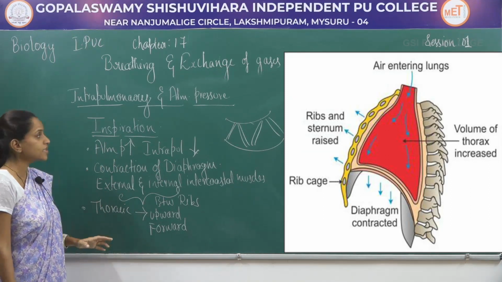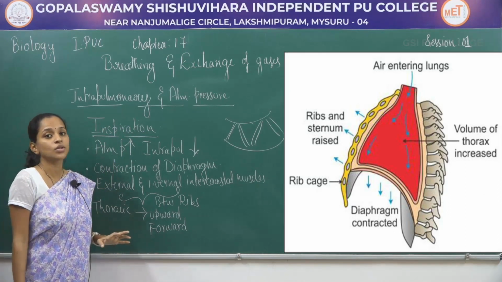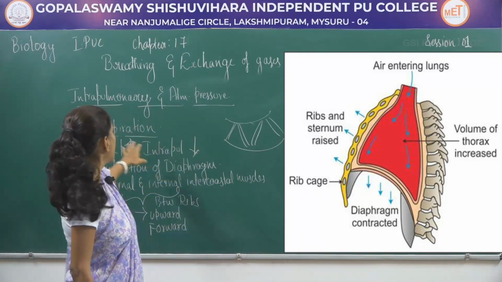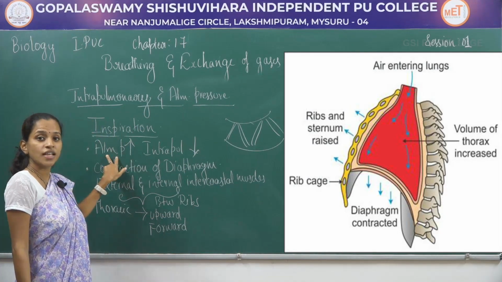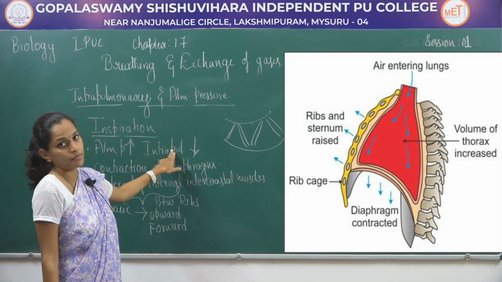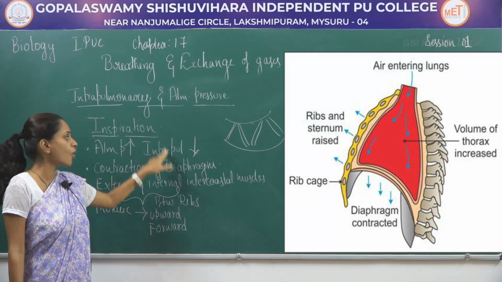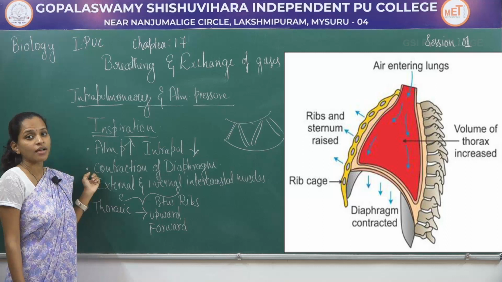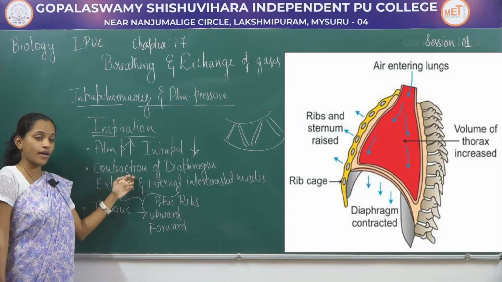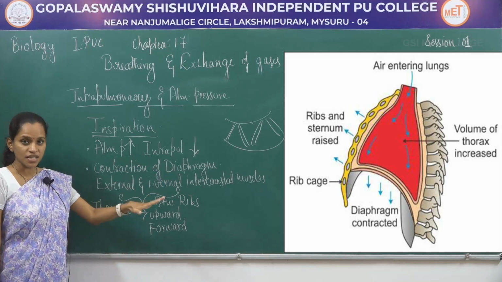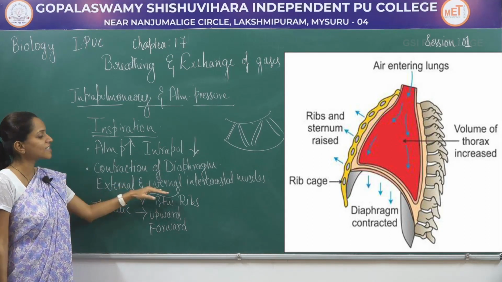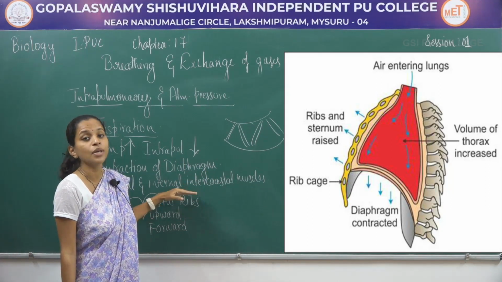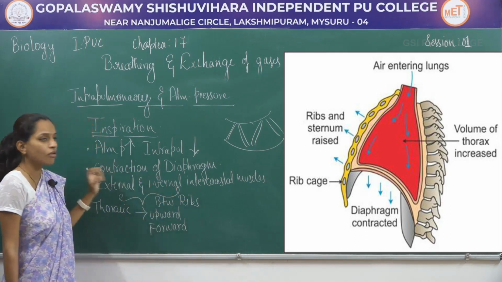Once again to discuss, there are certain changes taking place in the thoracic cavity so that the atmospheric air enters inside. During inspiration, the atmospheric pressure should be more compared to the intrapulmonary pressure. To have a drop in the intrapulmonary pressure, the thoracic cavity, especially the diaphragm and intercostal muscles, undergo contraction. The dome-shaped diaphragm becomes flat and there will be contraction of external and internal intercostal muscles. These muscles are present between the ribs, which helps in contraction.